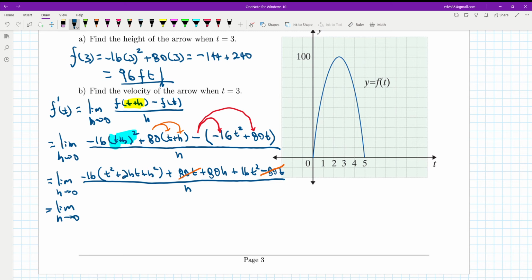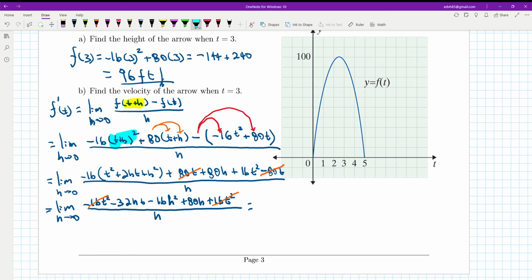And this will be negative 16t squared minus 32ht minus 16h squared plus 80h and plus 16t squared, and that's going to be about it. The whole thing over h, and we can also cancel more terms. These two terms can be canceled. And notice after we cancel those terms,